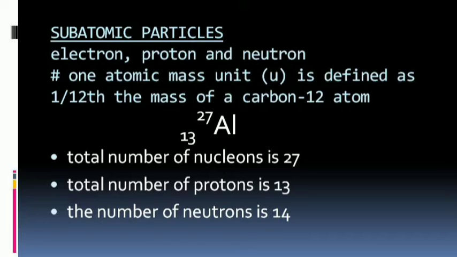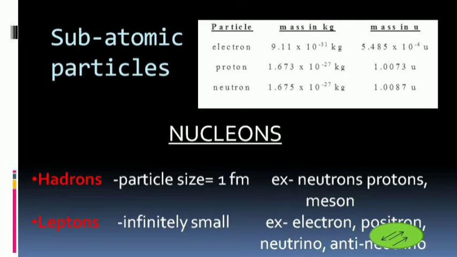To understand that, we have to first again review the subatomic particles. We all know about subatomic particles, like the electron, which has a particular mass and a particular charge. Similarly, we are also well known about the properties of protons and neutrons. But when you are talking about the nucleus, there is a further classification of particles.